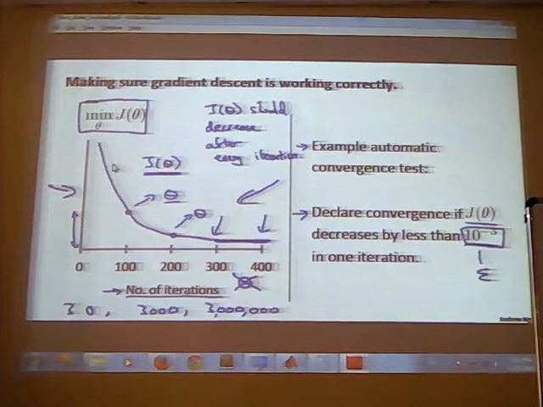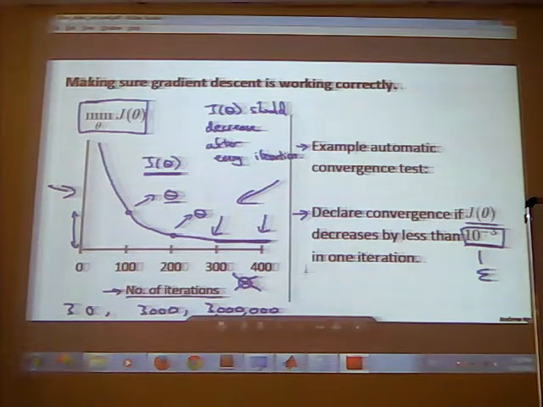As you can see, the convergence is going on. The value of J of theta is decreasing. Between 300 and 400 iterations, it looks more flattened. It is not decreasing, so you can stop over here. You can assume that after 300 iterations the value of J theta is constant, so this is going to be the minimum value of J theta. There is also an automatic convergence test.